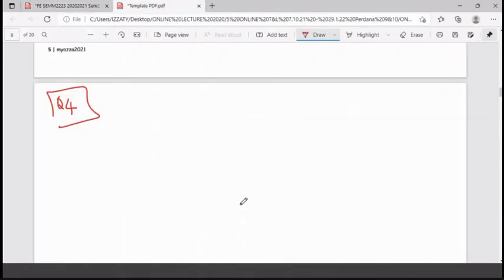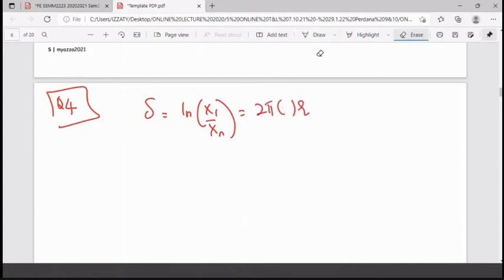So the logarithmic decrement is also known as ln x1 by xn, and is equal to 2 pi zeta over the square root of 1 minus zeta squared. The n is small n, it's not big N. So this one is what? It is the ratio. What does it mean? It simply means that